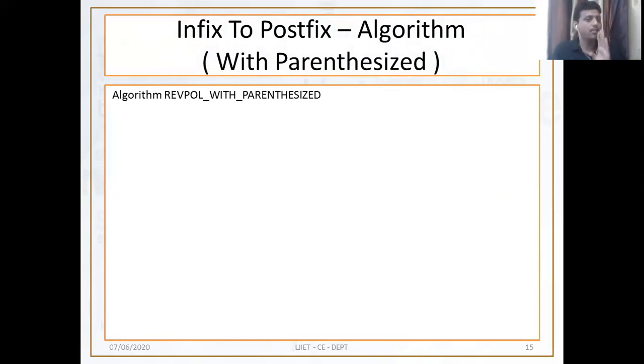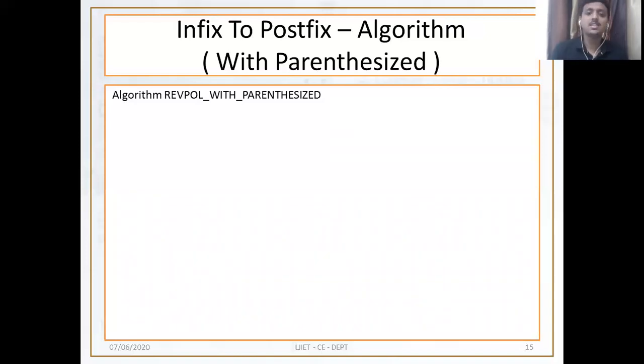As you have already learned the algorithm without parentheses, you know that. Still, I am repeating it. The first parameter we need is infix, because without the infix string we cannot work further. Next, the second parameter we need is ReviPol or polish notation. Polish is a string in which we combine our outputs. Third one is rank. Rank is an integer type of variable which is by default 0. So we can add the rank of other variables inside it.